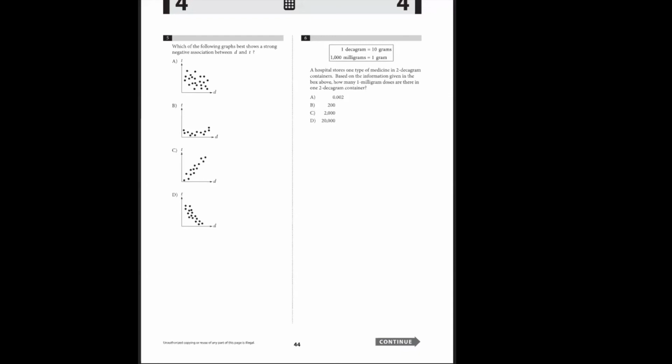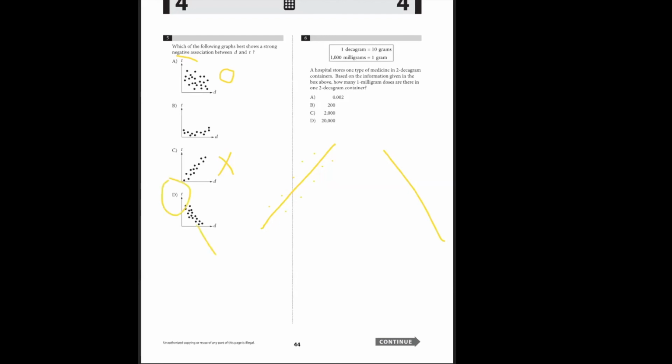Okay, so just a refresher. A positive association means that the line is going up. Negative association means the line is going down. It says negative, so out of these, we already know it can't be this because that's going up. And strong means that the points are close to a line. If there's a whole bunch of points spread out like there are in A, it's not as strong. But if you look at D, the points are closer together, which means that the association is stronger. So the simple answer to this one is just D,